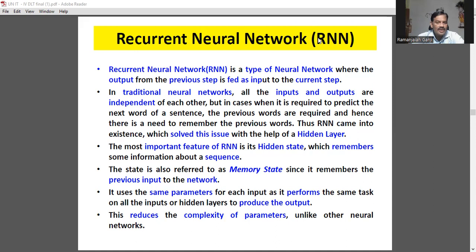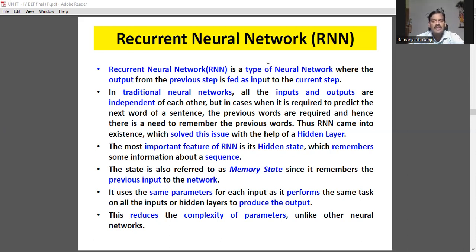So a recurrent neural network is nothing but a neural network which follows interdependency. What is interdependency? Interdependency is nothing but an activity where the output of the previous component acts like input for the next